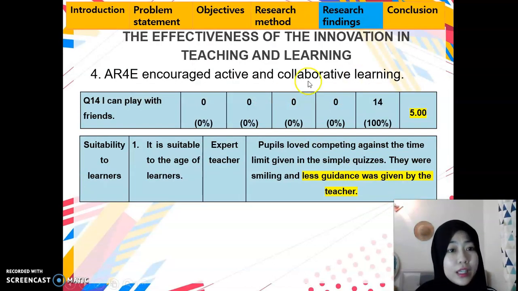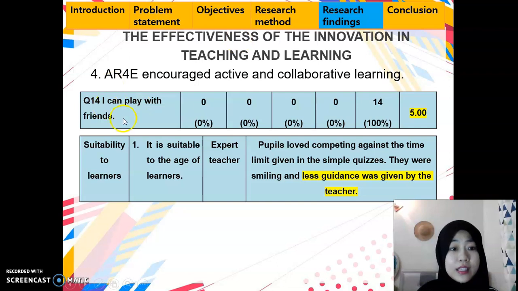The last finding here is AR4E encourages active and collaborative learning. In this 21st century learning, collaborative learning is very important, and the teacher acts as the facilitator. Teachers monitor the learning process instead of chalk and talk and teacher-centered learning.